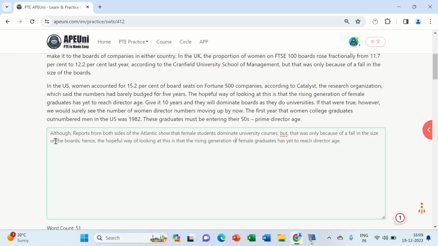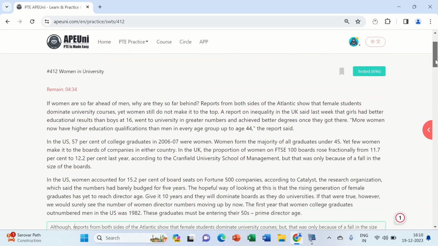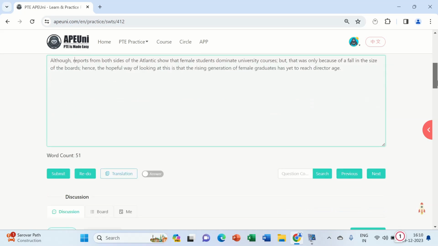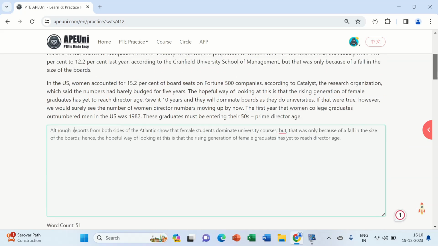So you can check the spelling. Although reports from both sides of the Atlantic show that female students dominate university courses, but that was only because of a fall in the size of the boards. Hence the hopeful way of looking at this is that the rising generation of female graduates has yet to reach director age. Now the time is 4 minutes and the word count is 51 words.